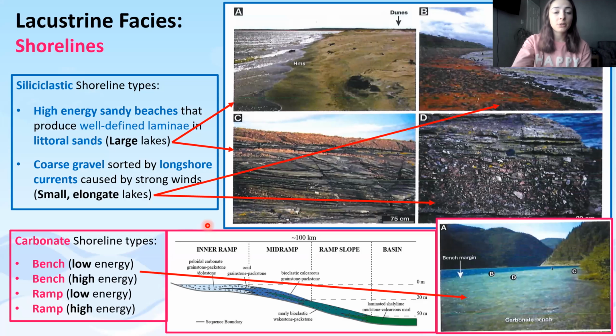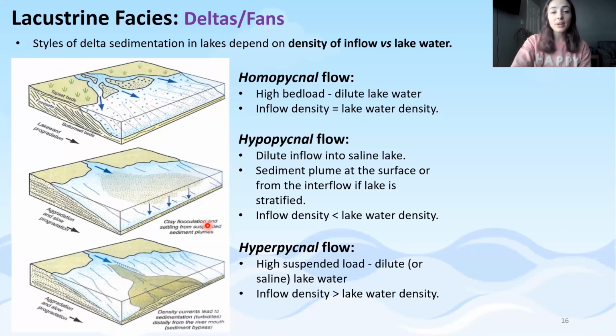And then we have carbonate ramps, which are similar to carbonate benches but slope more gently down to the main lake basin. And these too can either be high or low energy, causing differences in the type of carbonate precipitation that occurs there. Now getting into the deltas and fans in lacustrine systems, styles of delta sedimentation in lakes depend